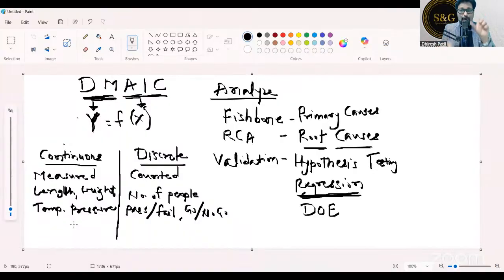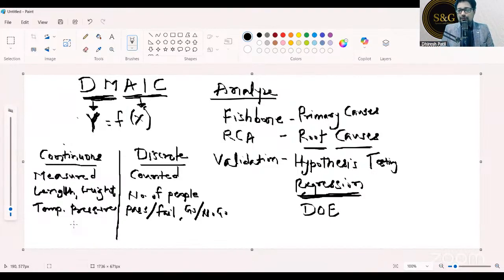So what is X and what is Y? Just connect that as well. What is X and what is Y? Y should be output, X should be the input. Yeah, you can just write that. Equation of a line: Y is equal to mx plus c. We are going to come now to regression. But just try to connect one X and one Y.